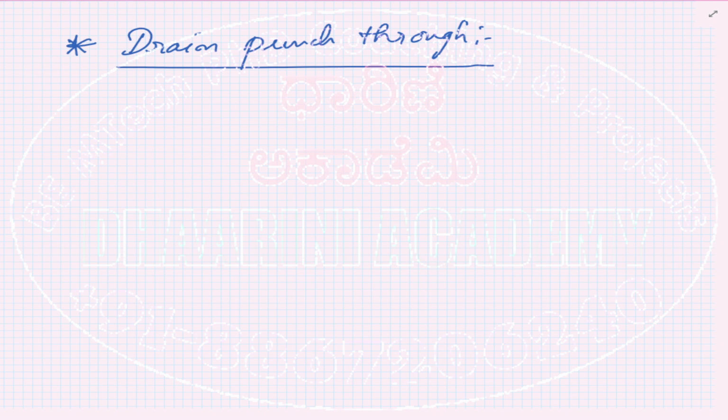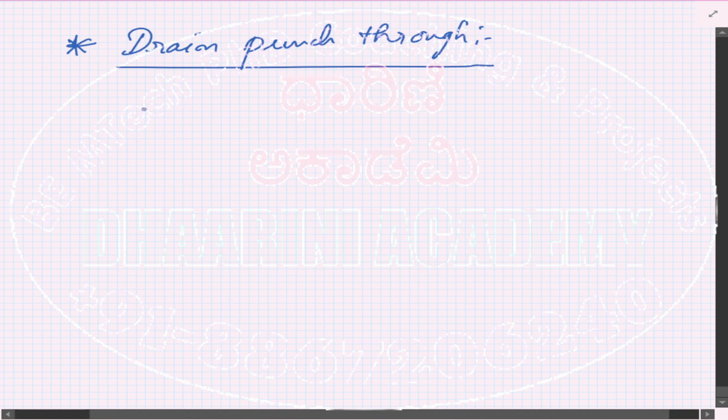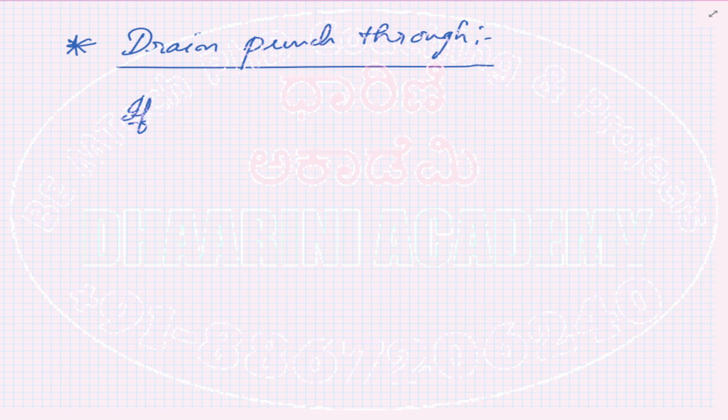the source, right? Which means drain and the source are connected by a huge amount of space, right, through the depletion layer, and that will cause a current to flow irrespective of the gate voltage, right? That is called as drain punch through, right? If you apply a huge voltage to drain, the reverse bias causes the depletion layer to increase. This depletion layer could increase to a very large extent if you apply a very huge voltage to the drain,